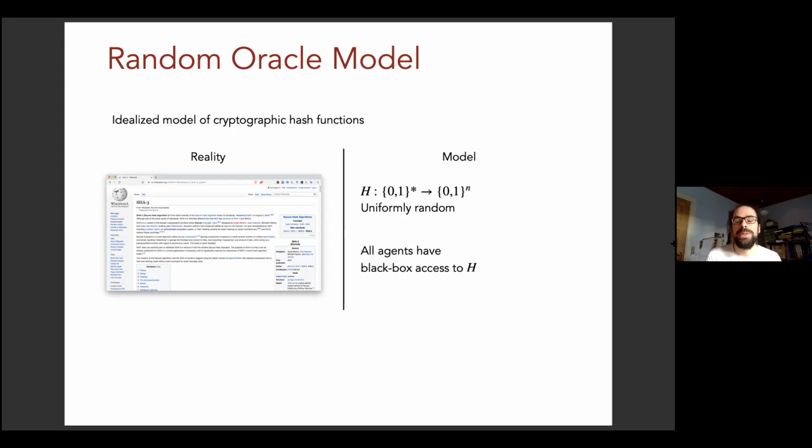So instead, what we do is we provide all agents with black box access to this random function H. And this includes honest protocol participants, but also adversarial agents, right? Because in reality, everybody can compute it. So in the model world, everybody should be able to evaluate it. This has a number of advantages. Like, for example, it leads to simpler proofs of security. And because of that, basically, there are also more efficient constructions with provable security in the random oracle model than there are in general, at least in the standard model without this idealization, right?